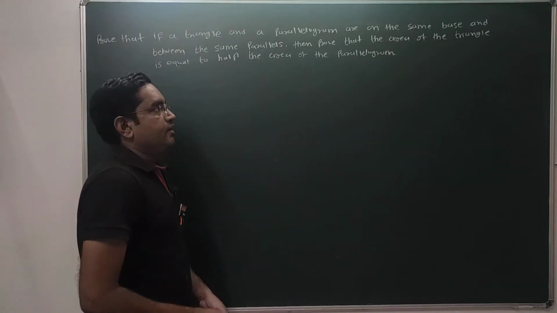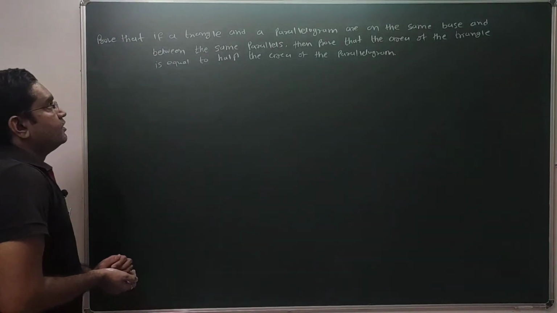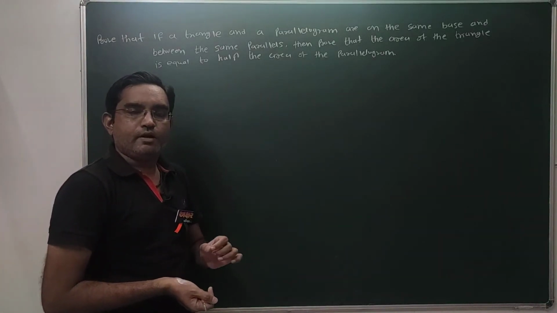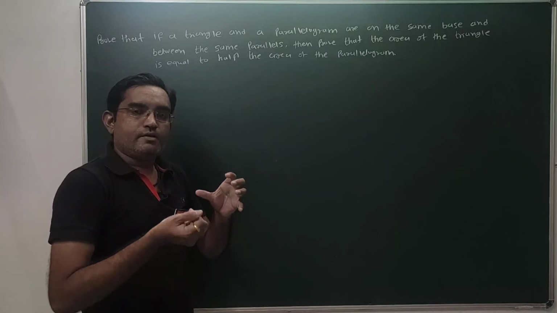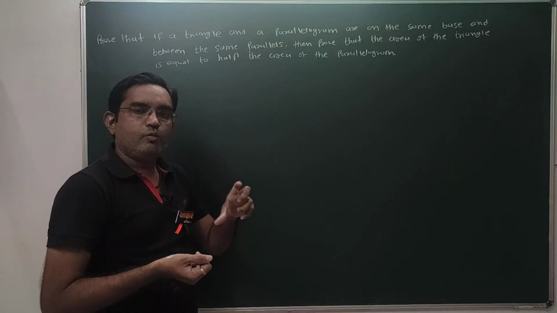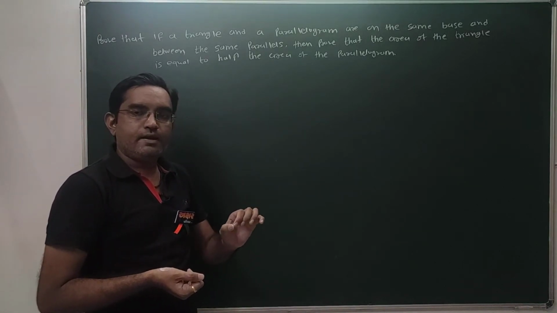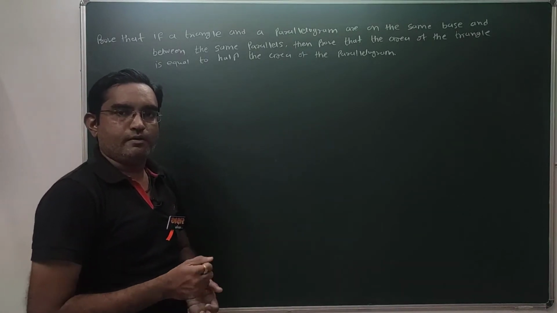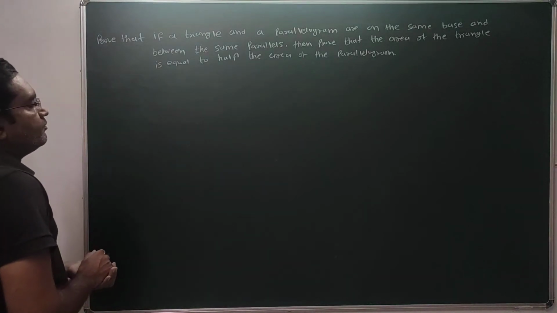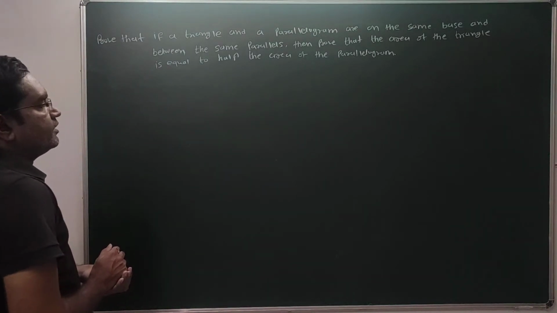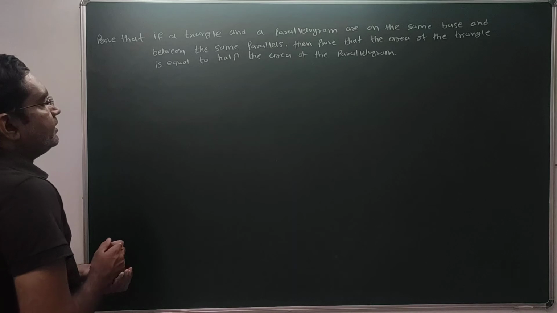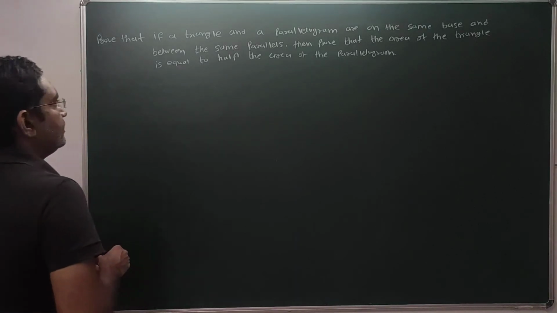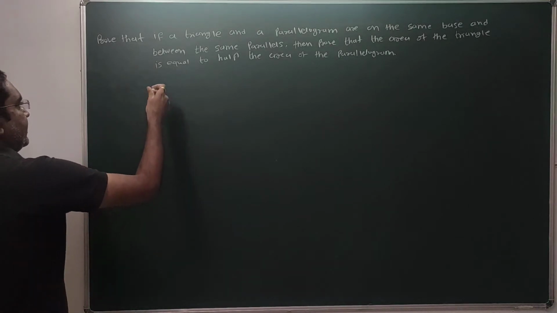Okay students, in this video we have to prove that if a triangle and a parallelogram lie on the same base and between two parallels, then the area of the triangle is half of the area of that parallelogram. Clear? This is example 2 of your NCERT textbook. So a triangle and a parallelogram are given. They are on the same base and between the same parallels. So the diagram is